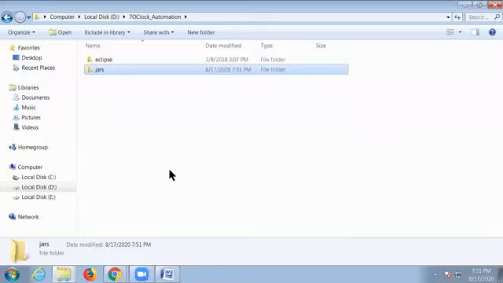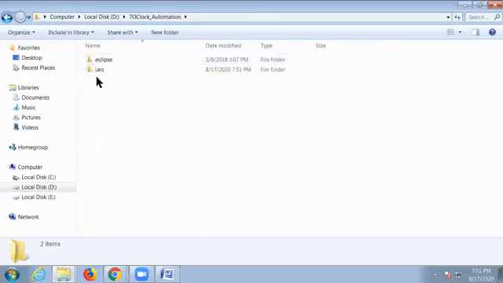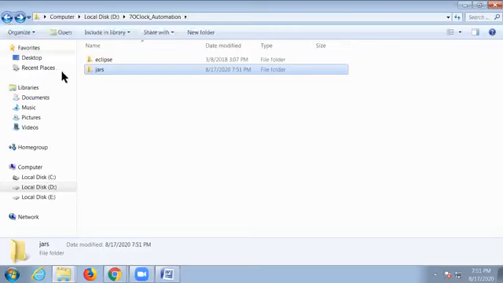I repeat again: in any one drive, just create one main folder with any folder name. I created 7 o'clock automation. Copy and paste Eclipse into it and create one subfolder as jars. That's it. What we'll store in this jars folder, I'll tell you, not now. Whatever jar files we are going to use, we'll store in it, right? That's it. Now, the first step what we should do is,